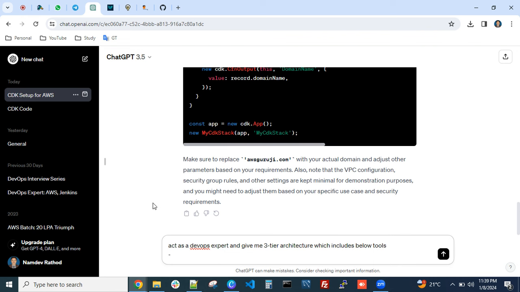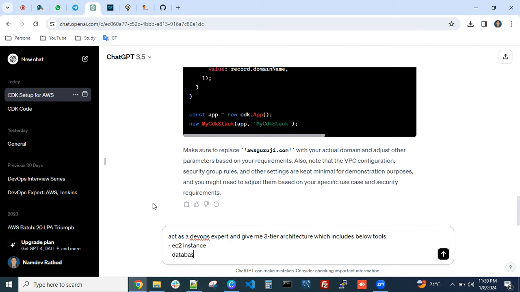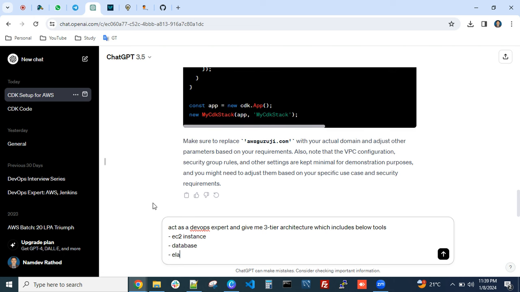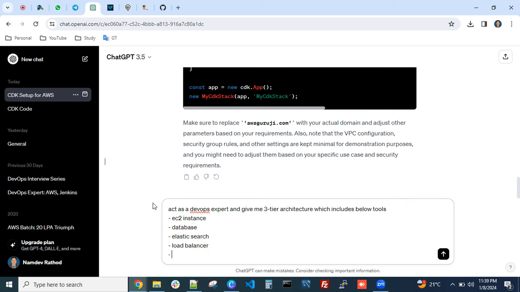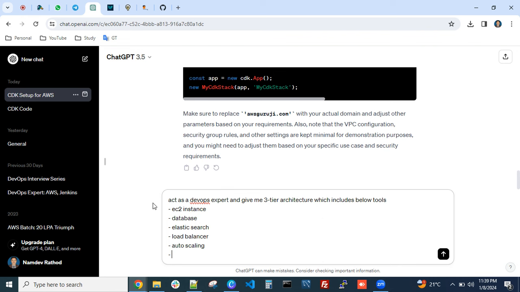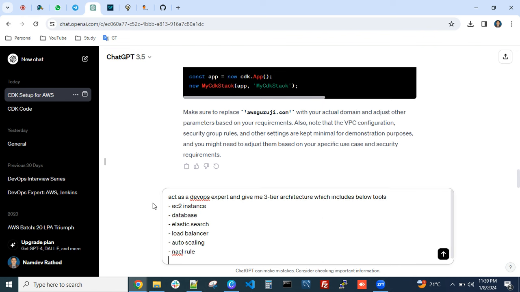So EC2 instance, then database, then Elasticsearch, then your load balancer obviously, auto scaling, then your NACL rule, custom VPC, which is important, then IAM role, CDN, WAF for the security, then enable CloudTrail. If you just enter,